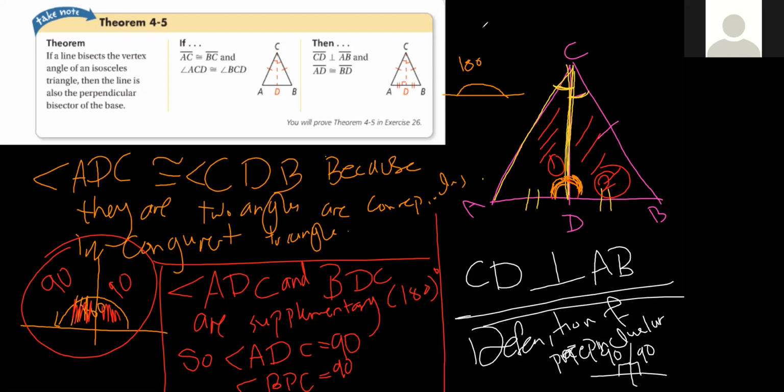Teacher, they want me to prove that this CD is perpendicular and bisector of AB. The bisector CD perpendicular on AB, this is the first thing. And the second thing, that AD is congruent with